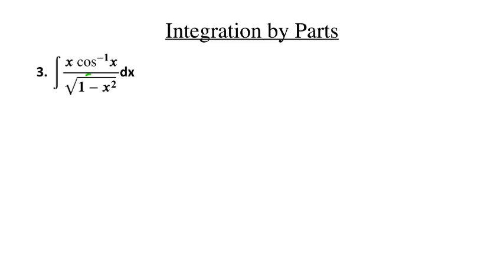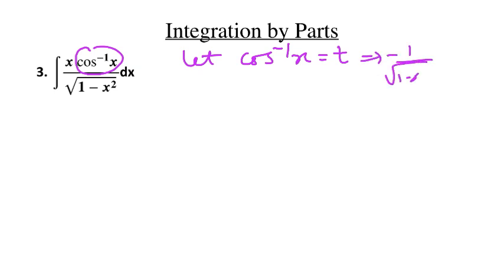Next, here you have x into cos inverse x divided by root of 1 minus x square. Here the two methods will merge. One of it is that you will let cos inverse x be t first, because we can see in the picture there is a function and then there is its derivative also present over here. So we will first do substitution, and after doing this substitution our integral then becomes,